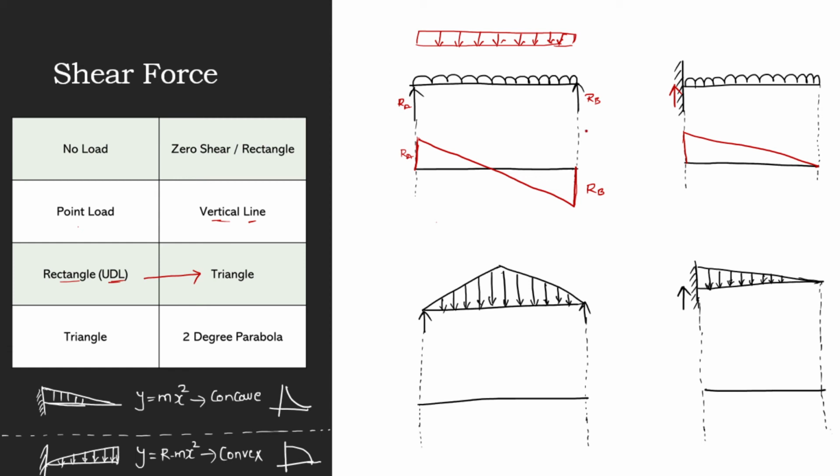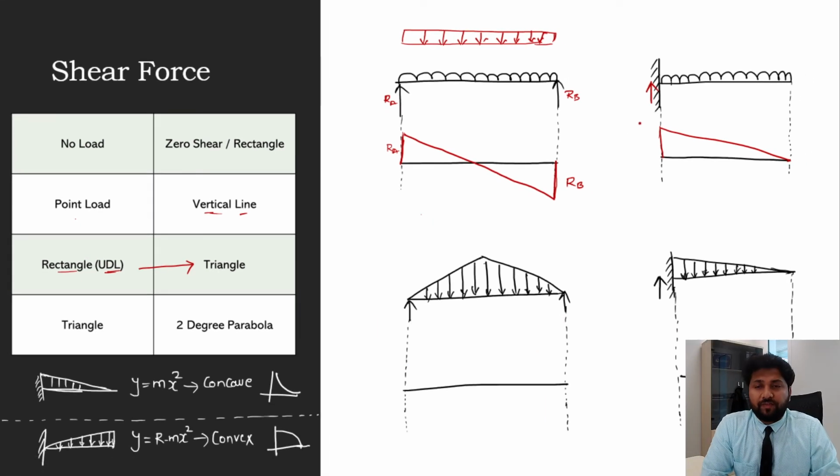Here in this case, students, we had another point load, so it has to come back to 0 at the supports. That is a way you can guess if your answer is right or wrong. So there is a point load, it goes up, and since there is a uniformly distributed load and there is no other point load in the other direction, from this point to this point it has to become 0, a triangular shape. So if there is a UDL, it is going to be a triangle, and hence that's how we have drawn it.